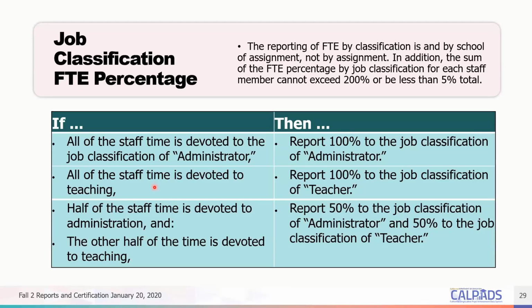Then you also have a staff assignment devoted to teaching. So 100%. And then it could be a hybrid 50-50 if the teacher and admin is, let's say, split, if the staff member is splitting functions. Could be within the same site, it could be in multiple sites. So all in all, at the maximum, it shouldn't exceed 200% FTE. Otherwise, you'll get an error when submitting it to CalPADS.